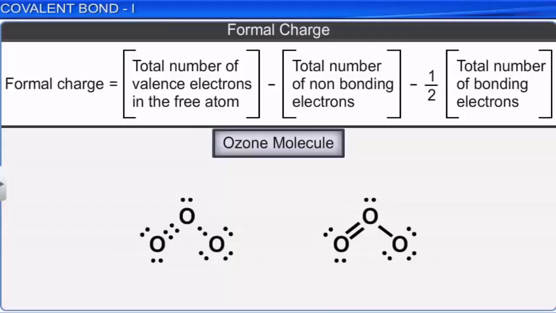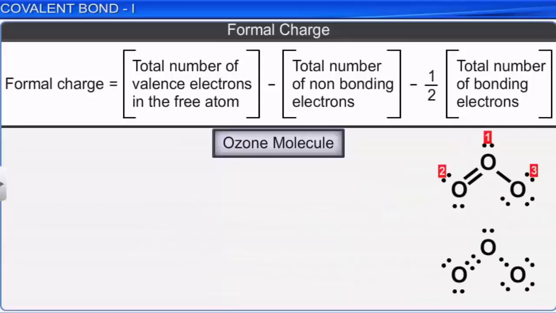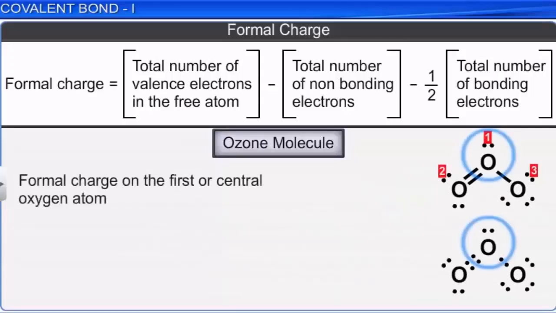Let us number the 3 oxygen atoms as 1, 2, 3 respectively. Let us first calculate the formal charge on the first or central oxygen atom. The formal charge on it is equal to 6 minus 2 minus half multiplied by 6, which is equal to